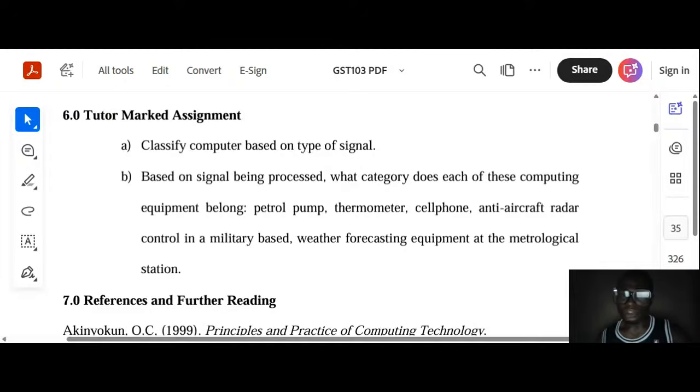So the second question says, dash is a finite sequence of operations which gives an unambiguous method of solving a problem. So that question will lead us to an entirely new unit. In fact, TMA is awesome. TMA is awesome. I just pray you people will see into what I'm saying. You will see what will happen.